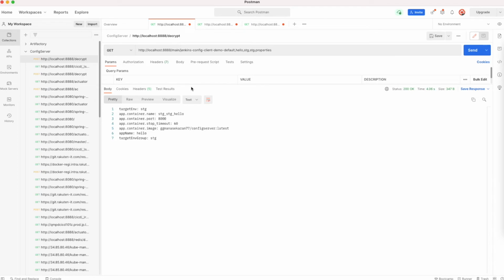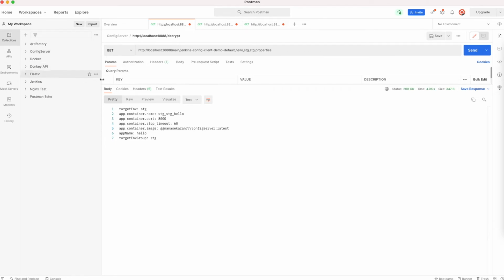We'll see how to fetch a variable. As I told earlier, we give the branch name, then my repository name, Jenkins config client demo. Then I call my profiles. First I am calling my default profile, then the team name or application name, hello.